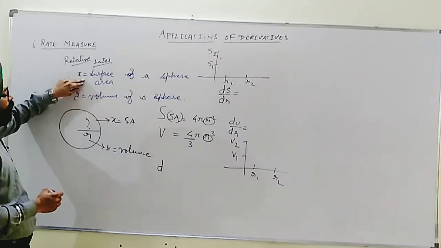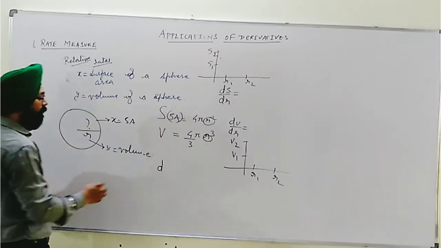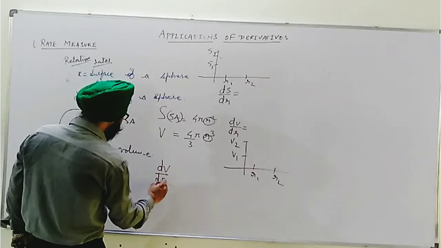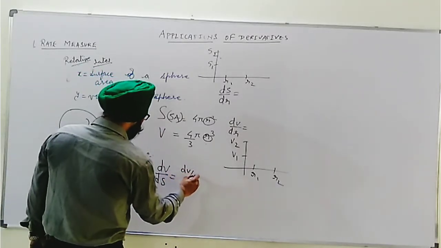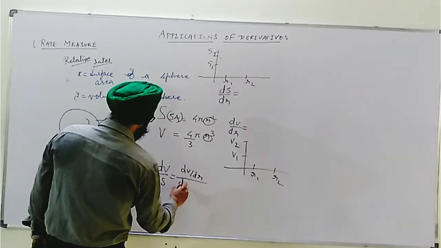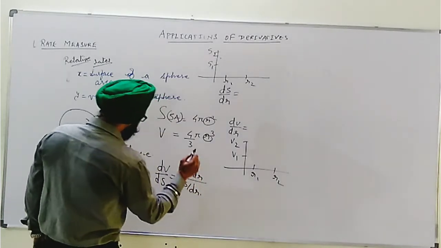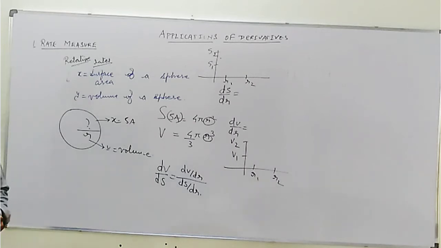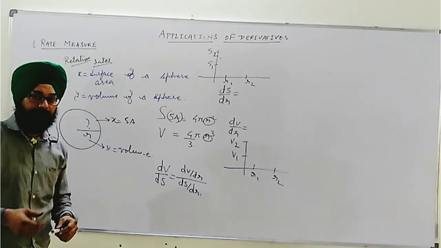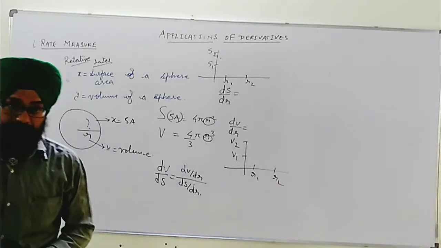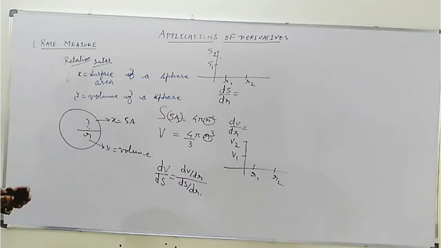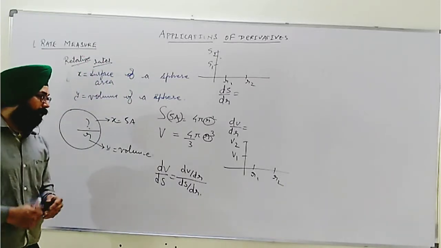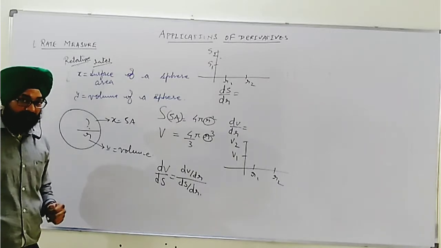Okay, then what we do, using the concept of parametric function differentiation, we need to find a change in volume with respect to the change in surface area, means we need dV by ds. So in such a case, we write dV upon dr divided by ds upon dr. Here we apply the concept of parametric function to find the rate of change. Okay, so this way these rate measures can be obtained. We will see some examples so that we can understand it better.